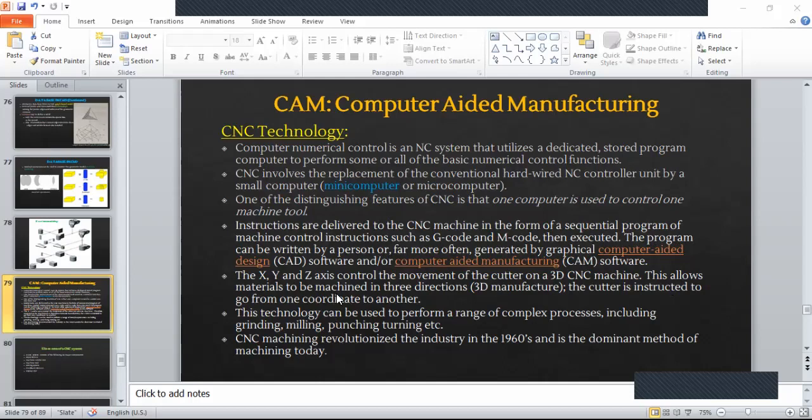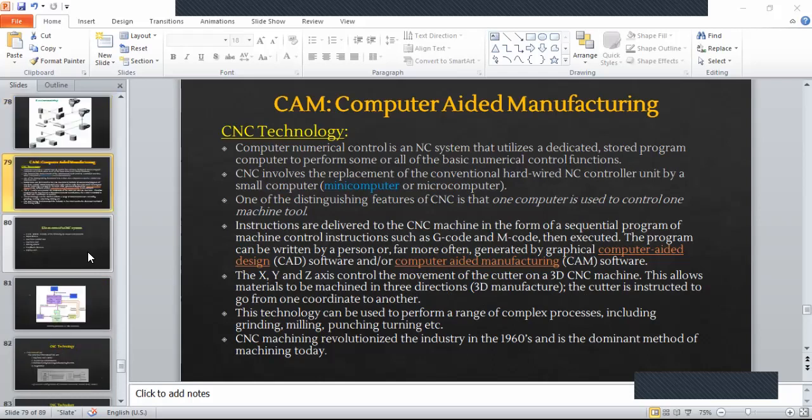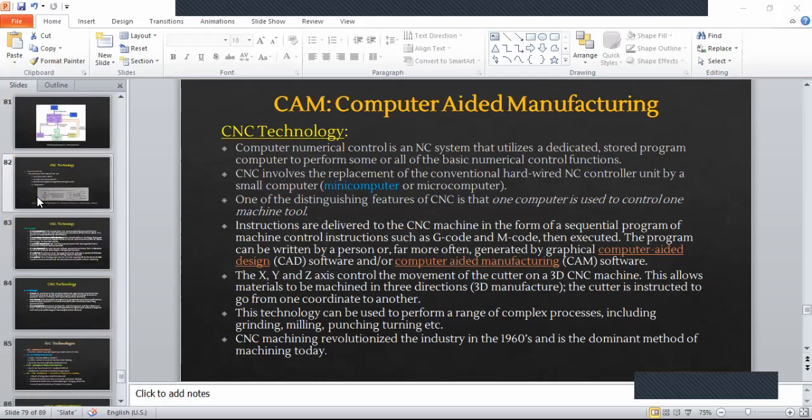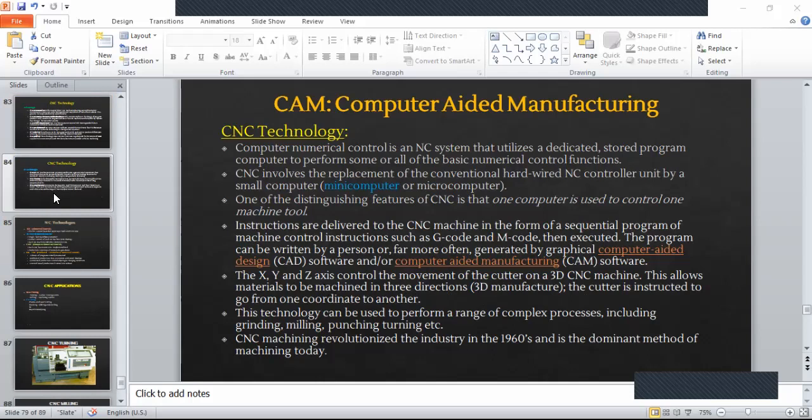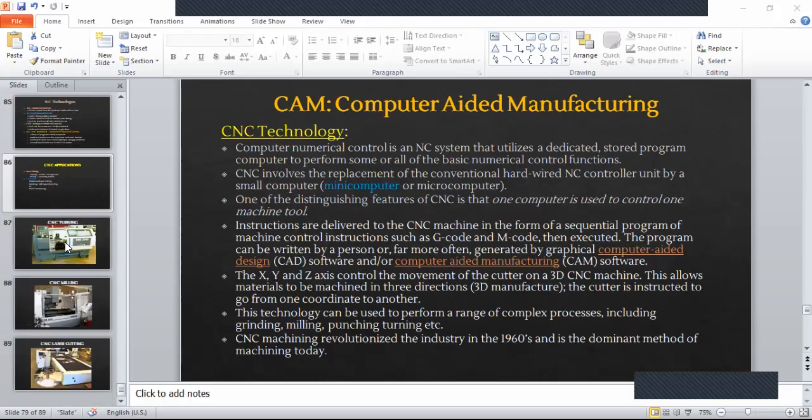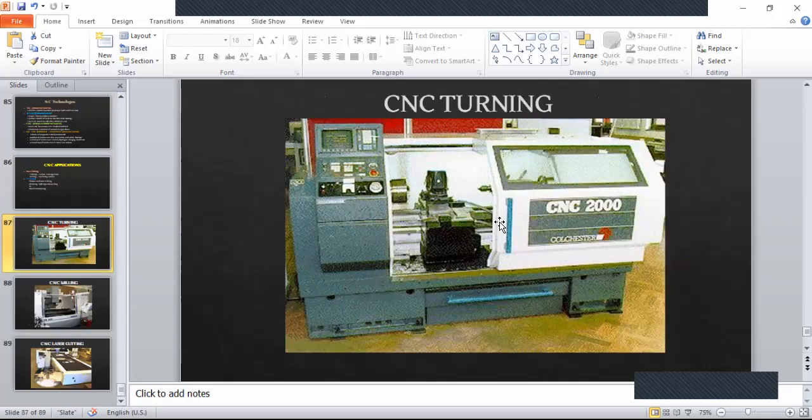The X, Y, and Z axis control the movement of the cutter on a 3D CNC machine. I'll show you that machine. So basically you have 3 axes to be controlled. Because in any machine, if we are trying to process a part, we'll take some standard convention.